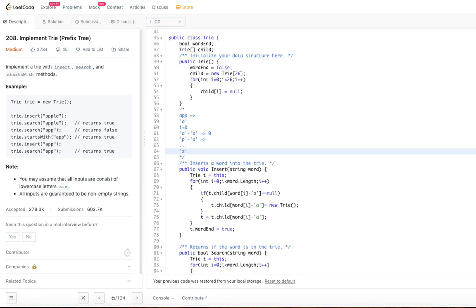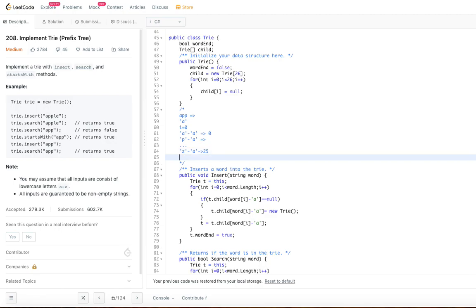Let's say z minus a, this will be 25. So basically we are converting a to its index, b to its index, z to its index. a to z are 26 characters, so 0 is for a, 25 is for z, and everything else falls in between.